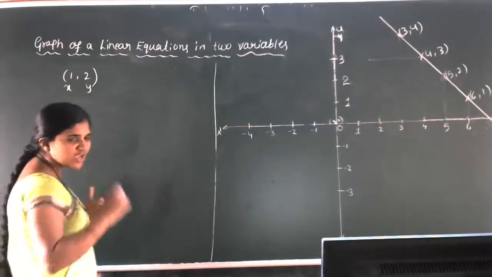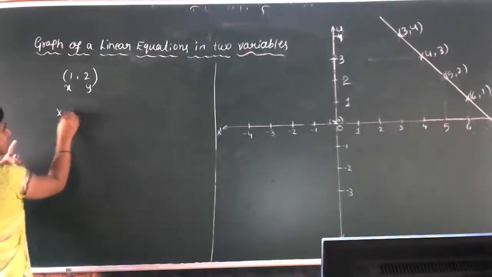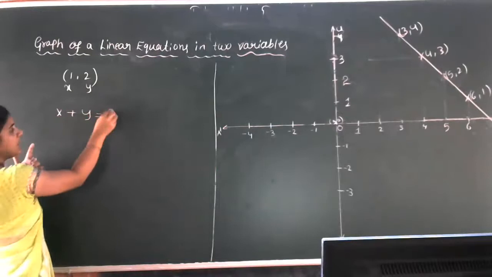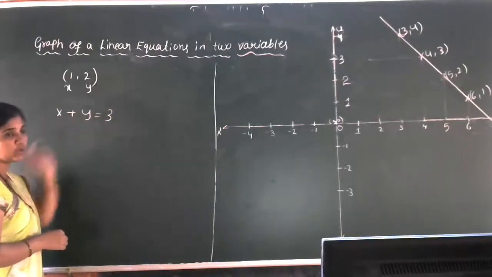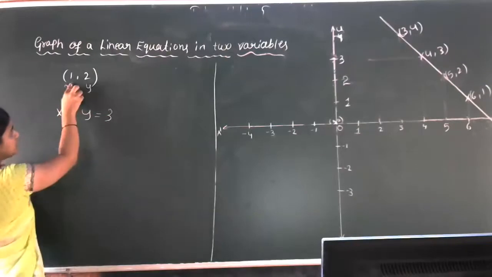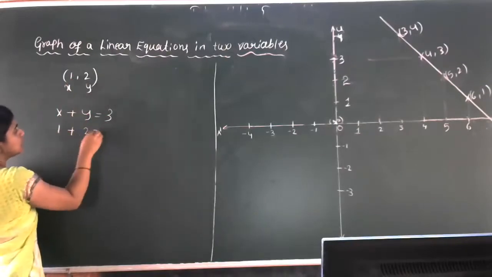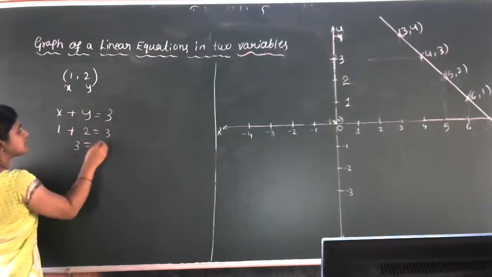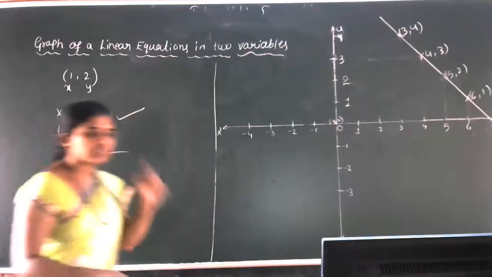Yes, try first. x plus y is equal to 3. Okay, let us try. I don't know whether it is right or wrong. Danya is telling that x plus y is equal to 3. Let us check. Now the solution is x is equal to 1, y is equal to 2. Then what is x plus y? 3, which is equal to 3. Right. x plus y is equal to 3 is a perfect answer. First answer I got.